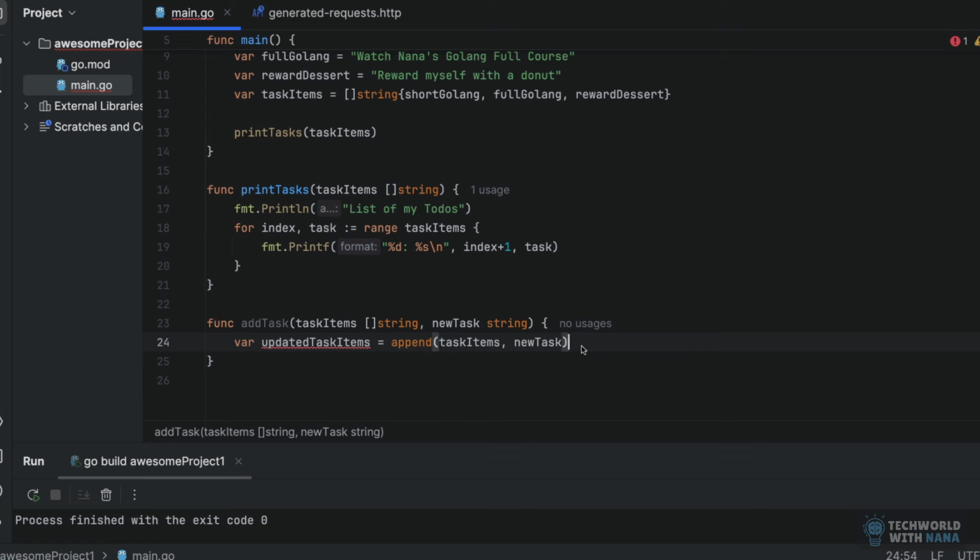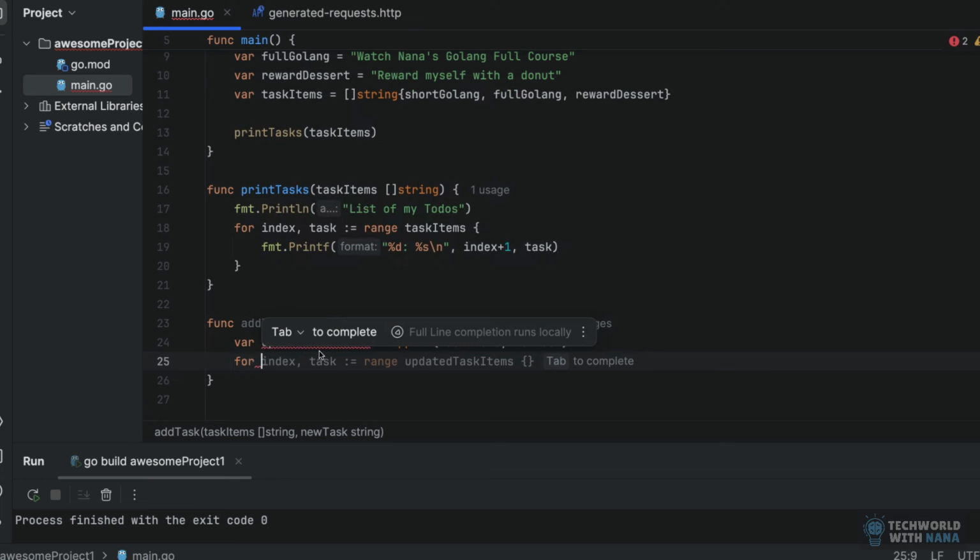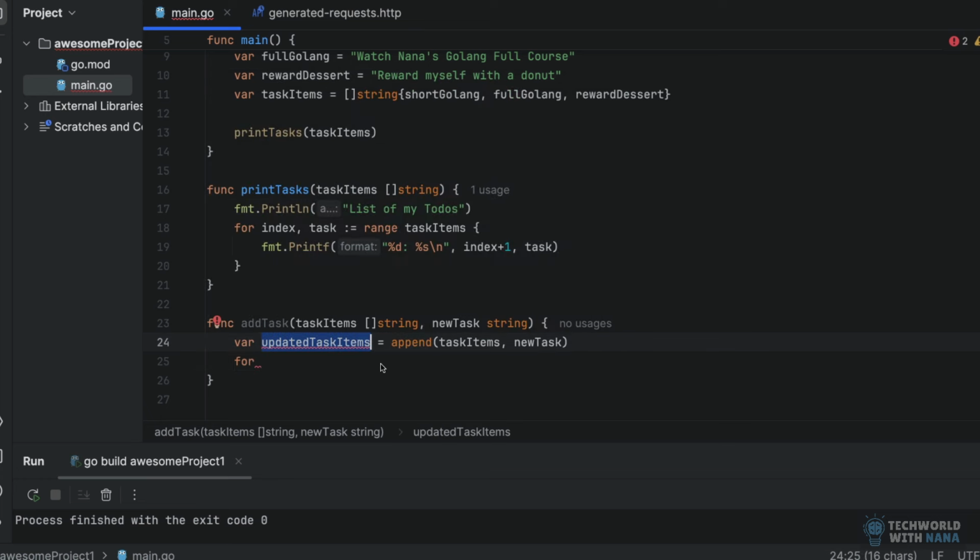And there you go. So we just added a new task to the existing task items list. And we can again iterate. We can write a for loop here to go through the list and print out every task one at a time. Or we actually have that logic already in this function, right? So we can just reuse that loop functionality to print all the items in a list by calling it here and passing it a list of